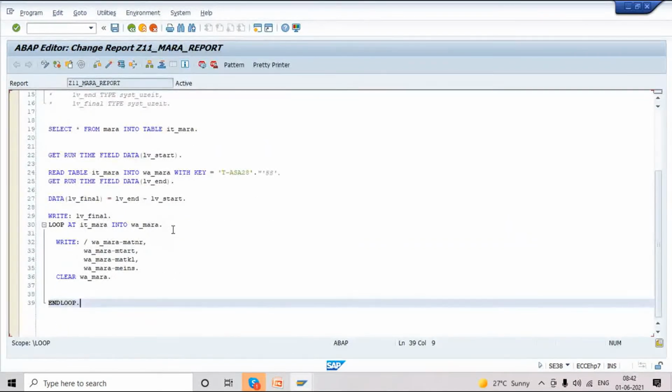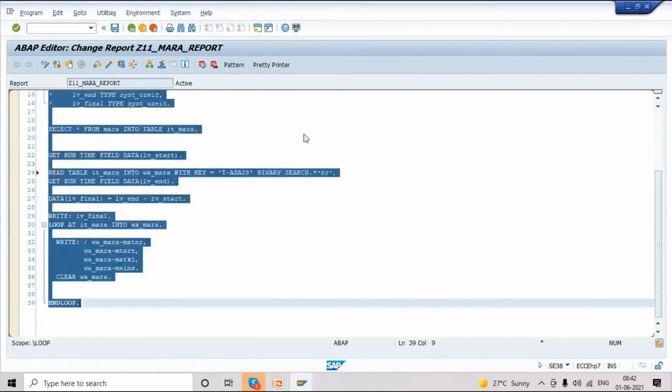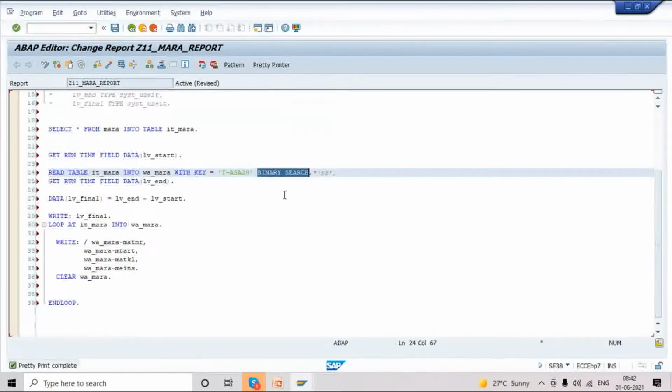Sorted table we can use binary search. Okay, in this read table we can use binary search here. You can see. So what is the meaning of binary search? It will always split the values in half and check the first part and second part. If it is in the first part, again it will split that in half. So again it will check whether the value is part of the first set or second set. If it is in the second set, it will take the second set as a block, and again split it 50-50 and check the value. So like that it will check.